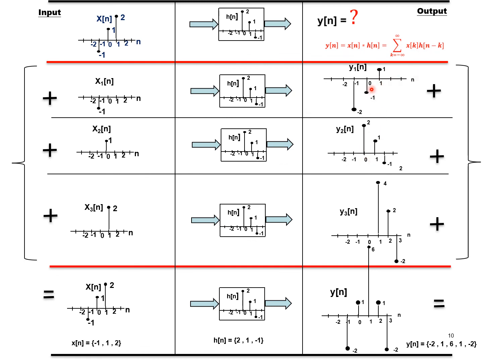These are nothing but time shifted and scaled impulse responses. Because this is scaled here, this is also scaled, this is unscaled. Time shifted and scaled impulse responses are to be added to get the output. That's what I did. When the input samples are added, the output responses are also added. This is the output. That means if this is the input, then this is the output.